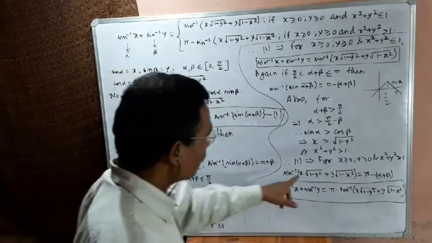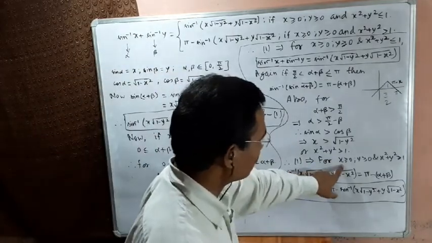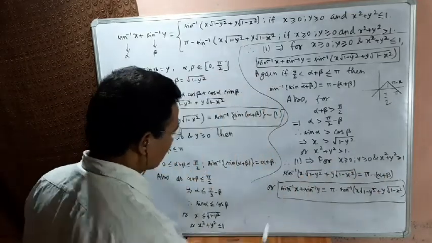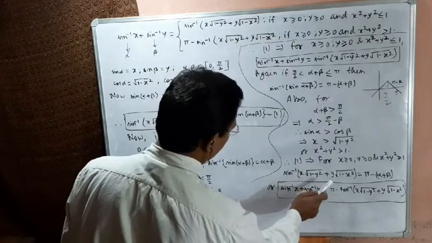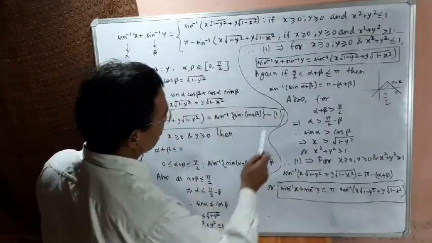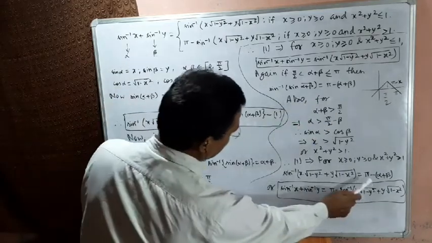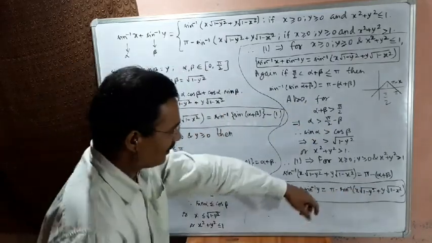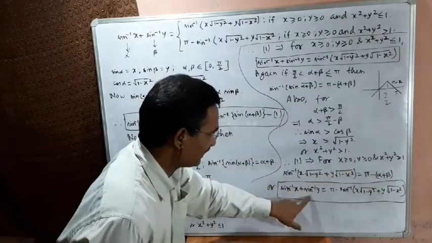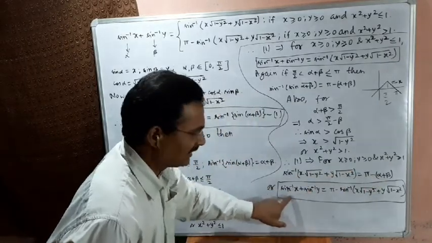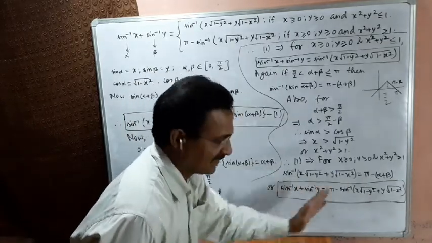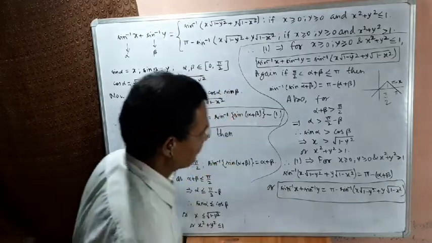And therefore this implies, for x greater than or equal to 0, y greater than or equal to 0, and x square plus y square greater than 1, sin inverse of x under root 1 minus y square, whatever you are seeing, this equals, actually we have to put value of this, which will be pi minus alpha plus beta. Now we take minus alpha plus beta on left, which will give alpha plus beta after putting the value of alpha and beta, and on right side pi minus the quantity on left side, means pi minus this.